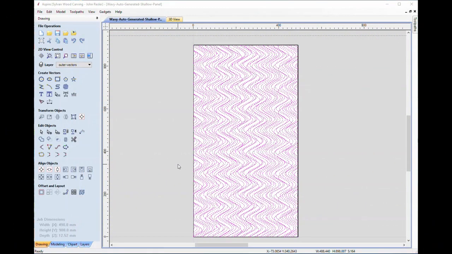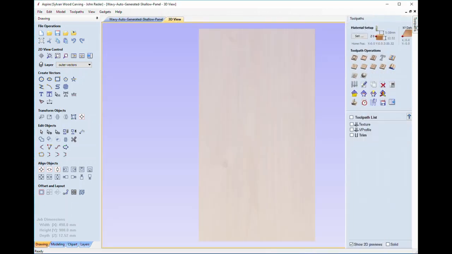Okay, so this is the pattern that I decided to go with. It's 24 inches wide by 48 inches long. For those of you who use metric, I'm sorry, I did have to study metric whenever I was a kid growing up, but the United States is resistant to coming along with the rest of the world, so that's the way it goes. So let's go ahead and see what it looks like whenever we run the toolpath